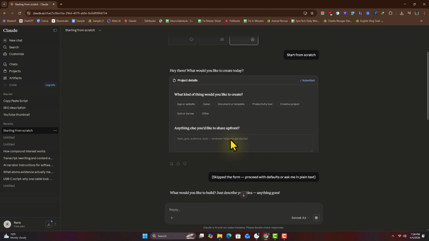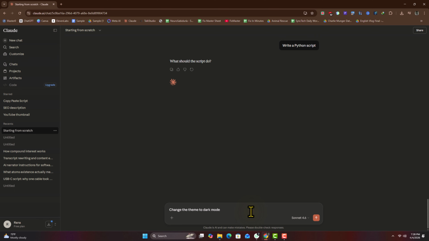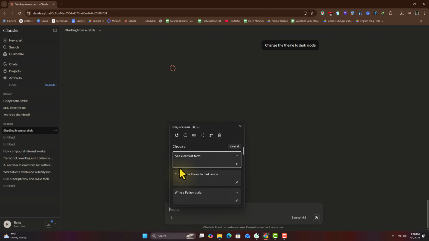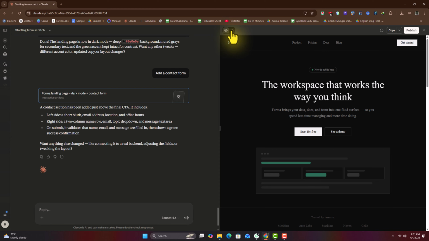If you want to make changes, simply type a follow-up instruction, such as "change the theme to dark mode" or "add a contact form." On your PC, you can toggle between the Preview and Code tabs to see exactly how